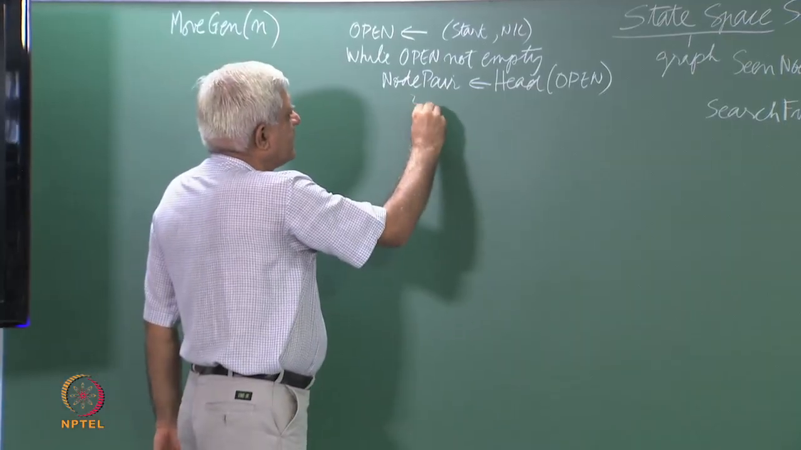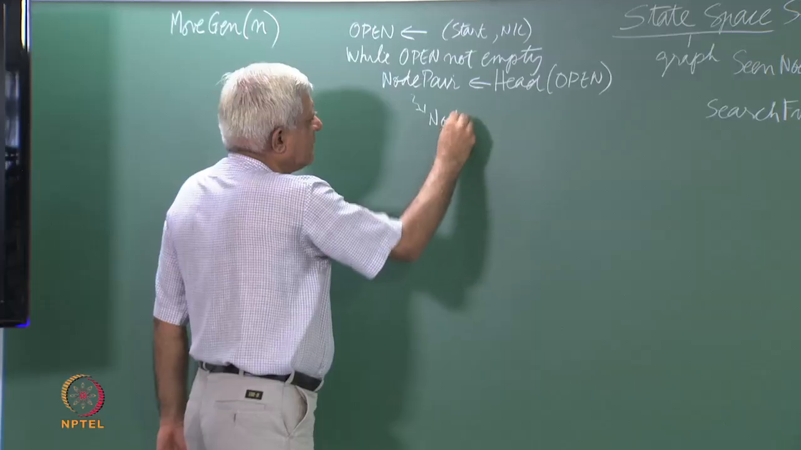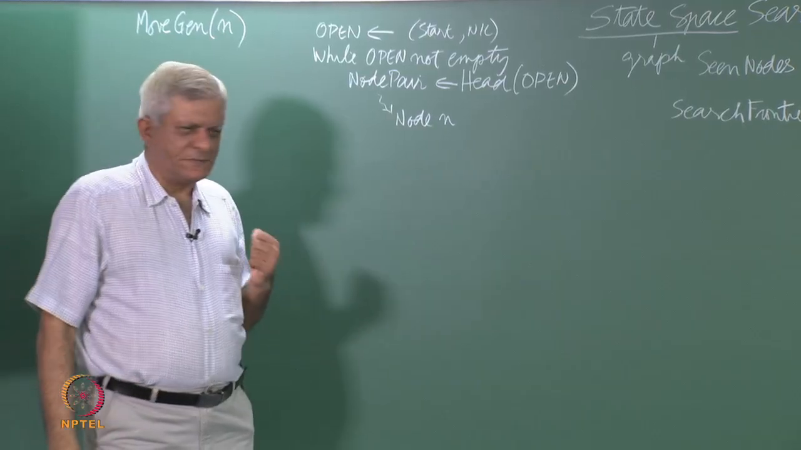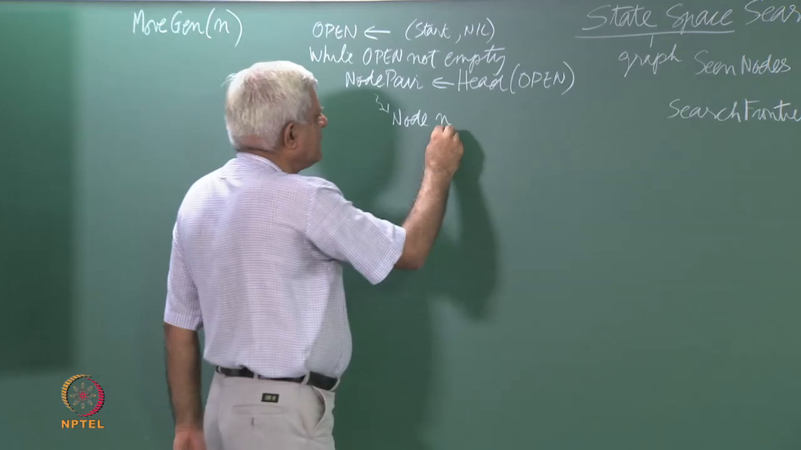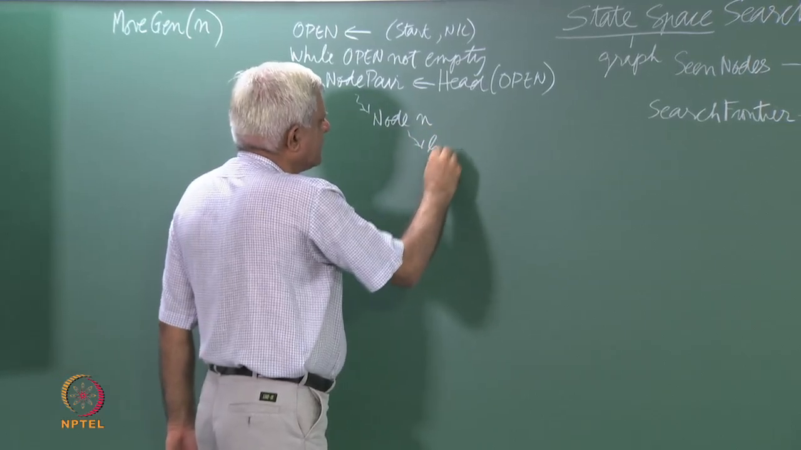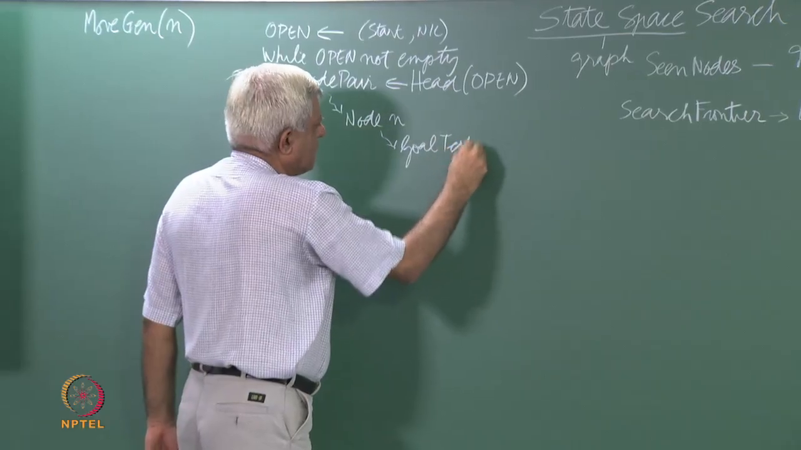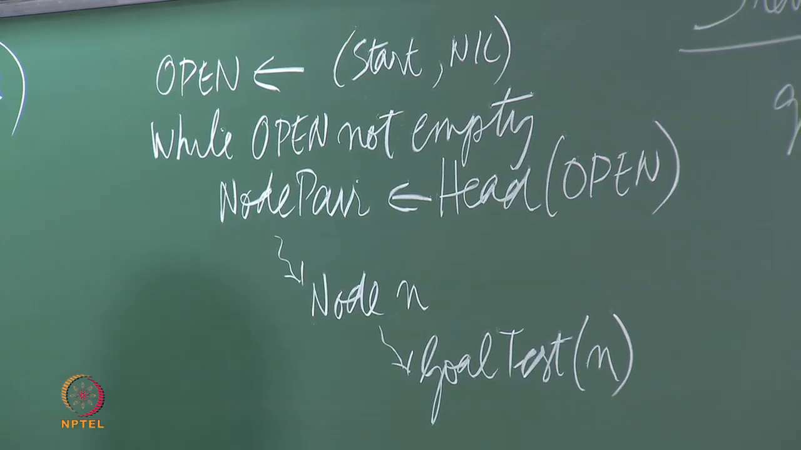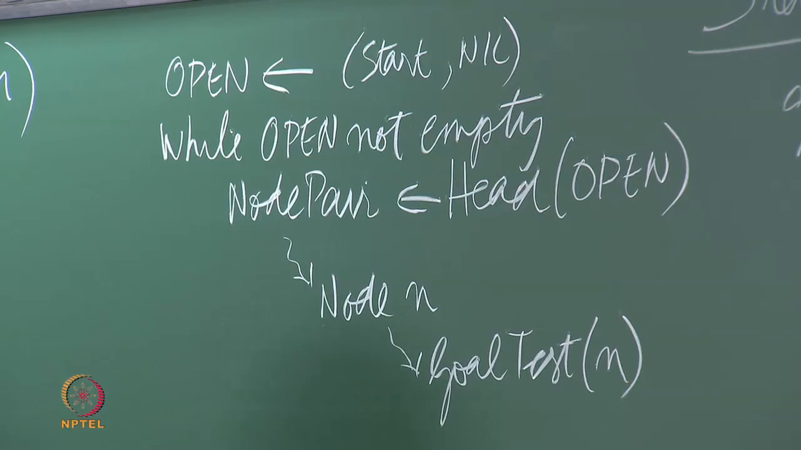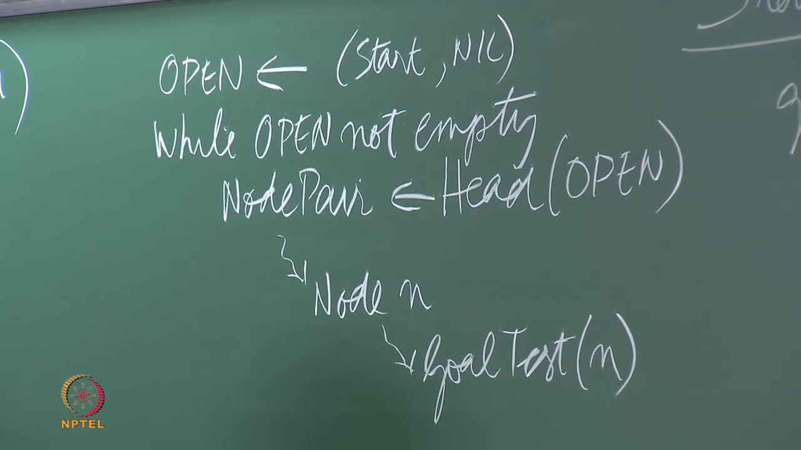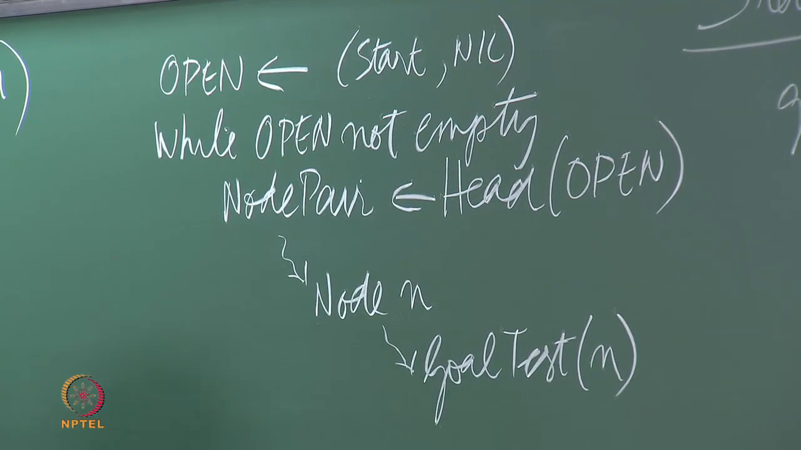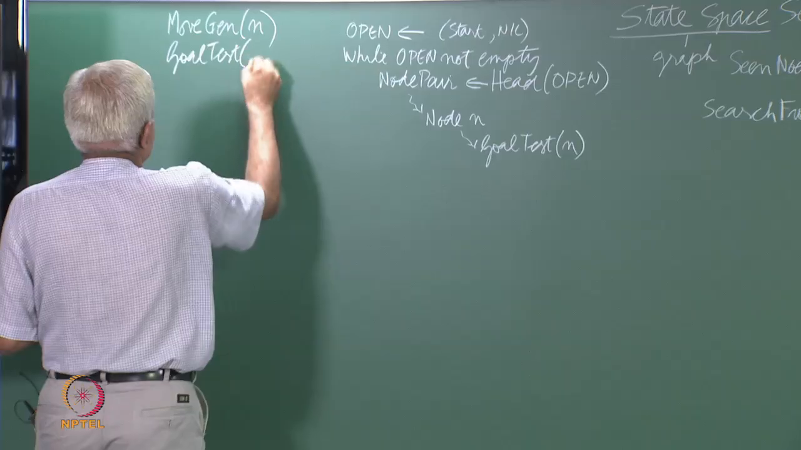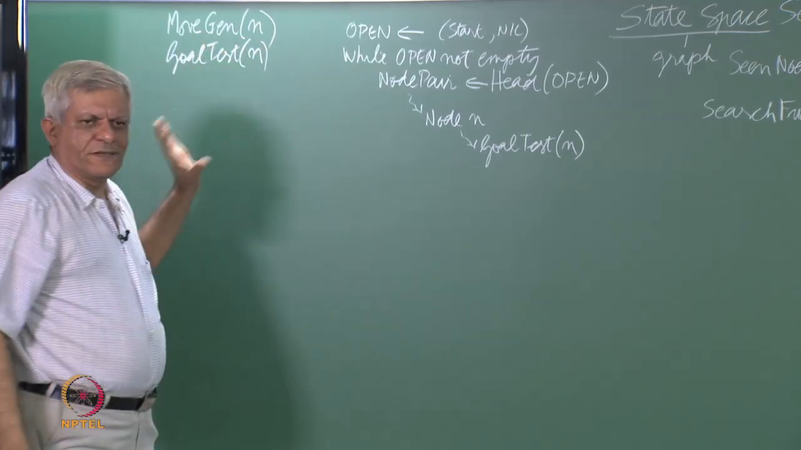From this node pair, we extract a node, let us call it n, which is the first element of the node pair, and we apply the goal test function to n. Remember that the goal test function takes a node and tells you whether it is a goal node or not. Somehow you have to implement the goal test. So, move gen n and goal test n,